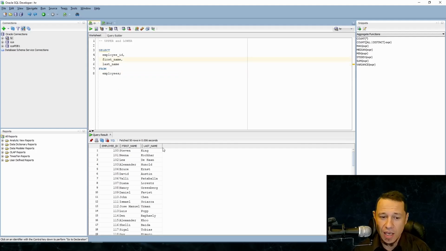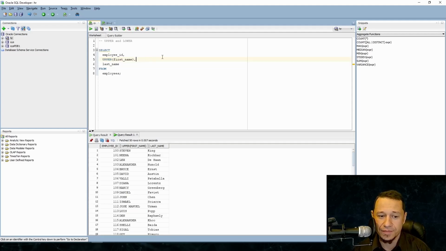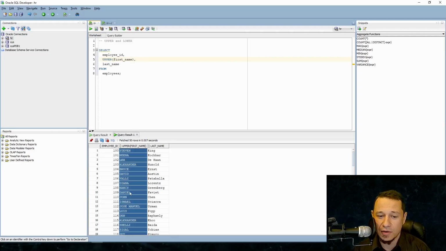my HR schema. And we can see the first name and last name have initial character as uppercase and the rest of it as lowercase. Or if the last name or first name is multiple, it is so that the initial character has the uppercase. If we apply the upper function to the first name, very simple. So my column name is inside brackets and I'm using the upper function. Let's execute this query. And as we can see, very simple, all of the first name are now all in